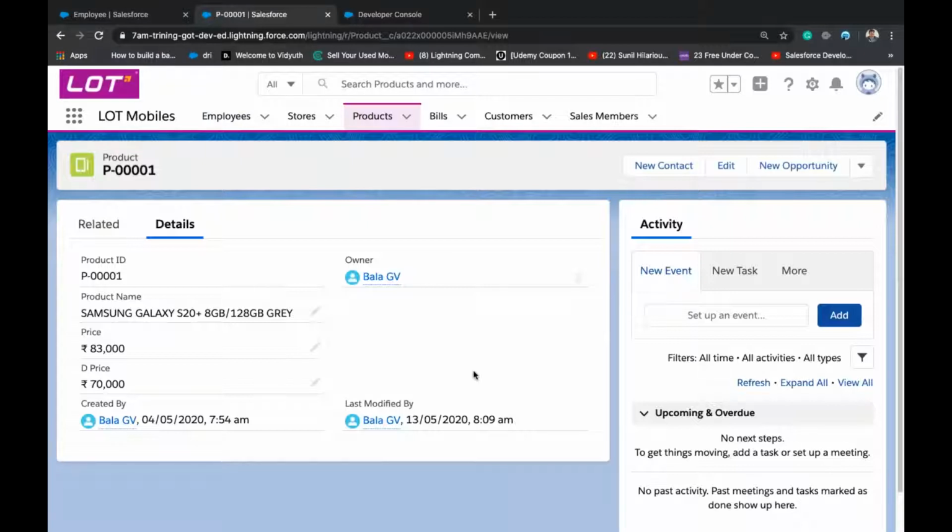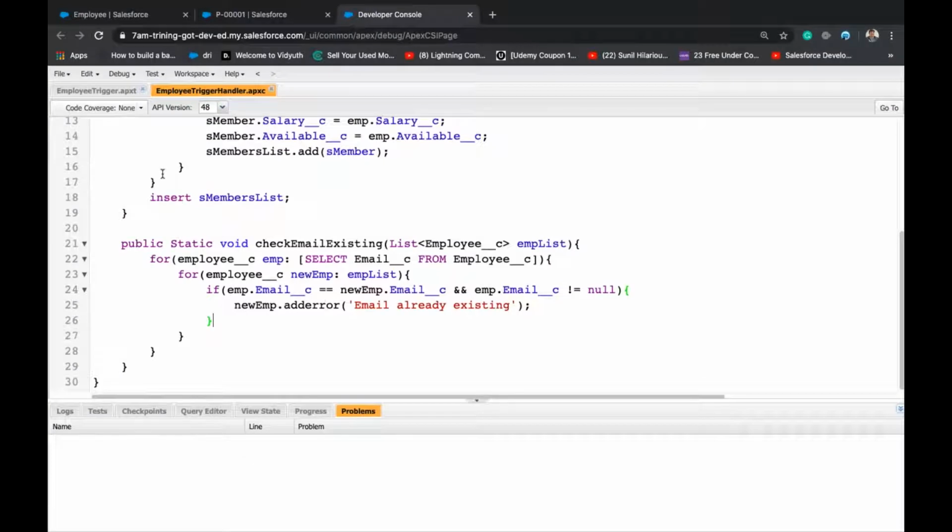We cannot even write a validation rule on delete. Everything works only on create or update. That means insert, update, right? So if you want to prevent a delete, you can write a logic here.